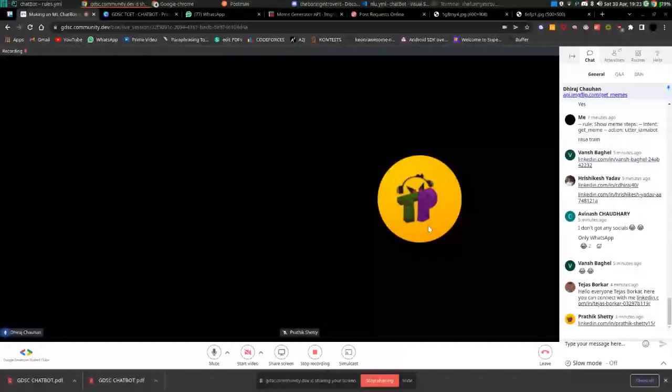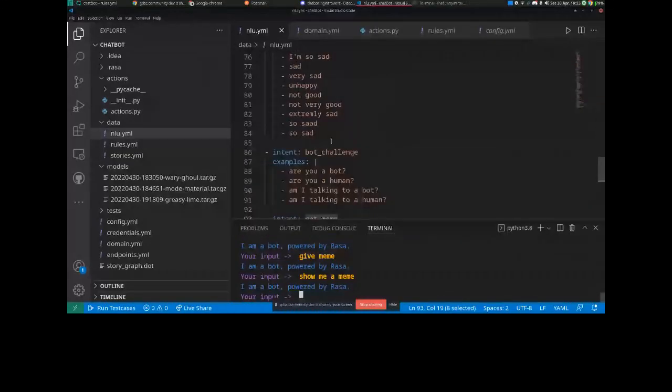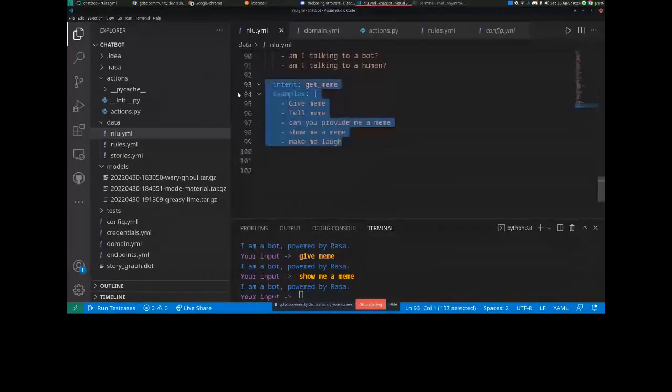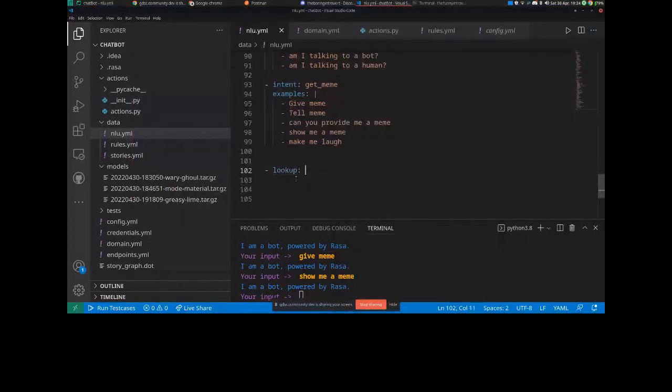And for that, whenever we are adding this new data, earlier this data was directly given by Rasa, and they already have the database for it to understand, but we don't have any database for this. For that, I'm just going to say there is something called lookup. I forgot the syntax, but it is something like lookup, and I will say it will be type of meme, and in examples I will just write